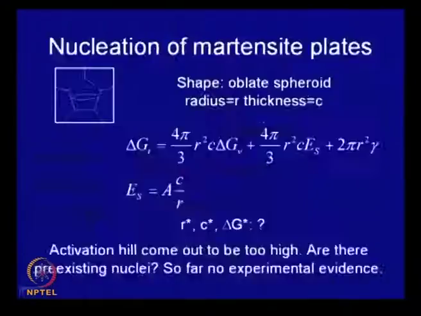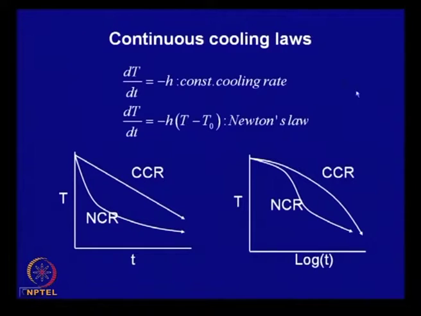In that case, initially the cooling rate will be fast, and later on as it cools down, the cooling rate becomes slow. As the temperature of the job decreases, the cooling rate decreases, which is mathematically represented like this. So, one way could be a constant cooling rate. Here you have to mechanize a device so that the heat transfer rate is constant, and you can maintain a